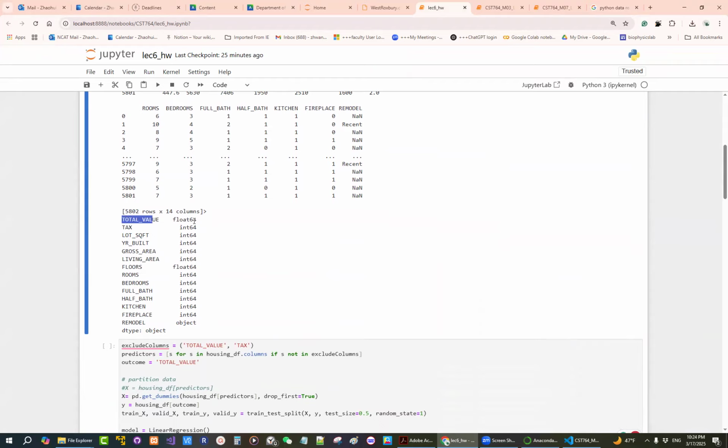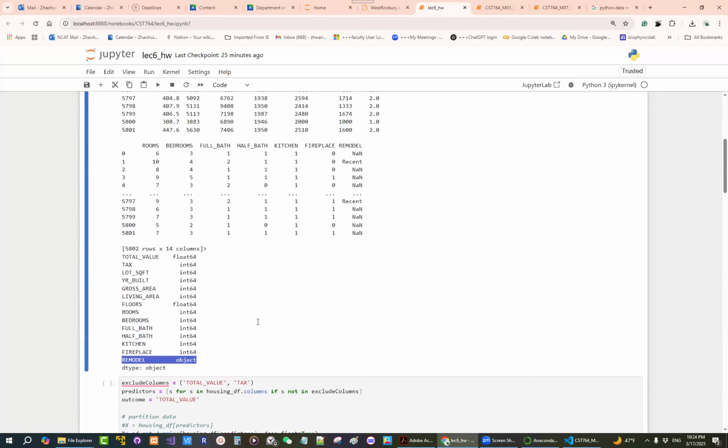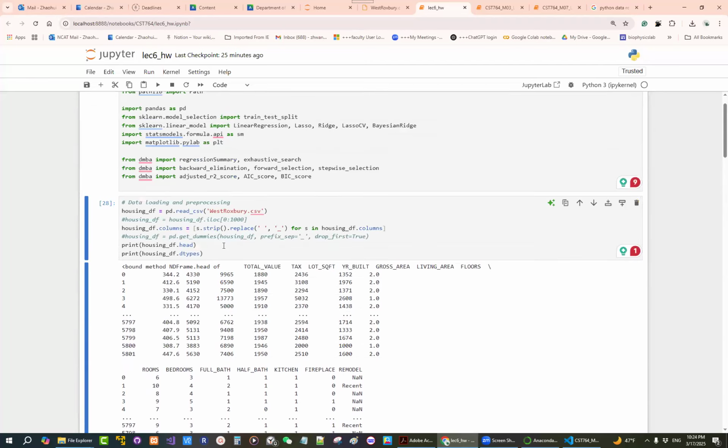Okay, total value, float point, then integer. But the last one, remodel. Remodel is object. Object is usually string. It's not a value. So usually they will treat it as a categorical variable. Yeah, after the conversion, if we enable this conversion variable, the dummy, get dummies,